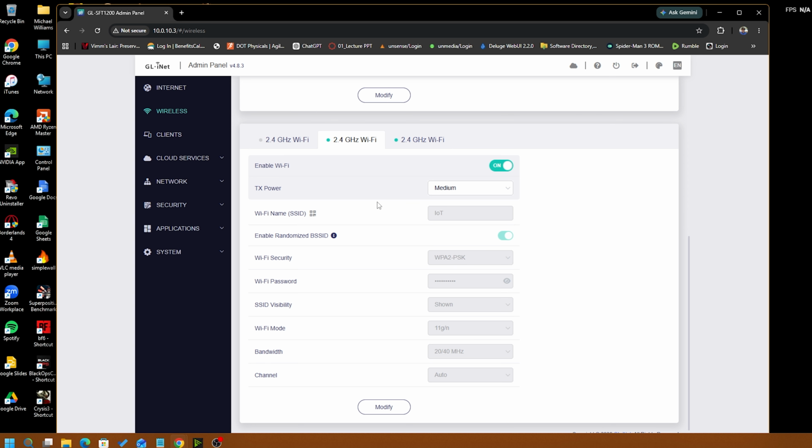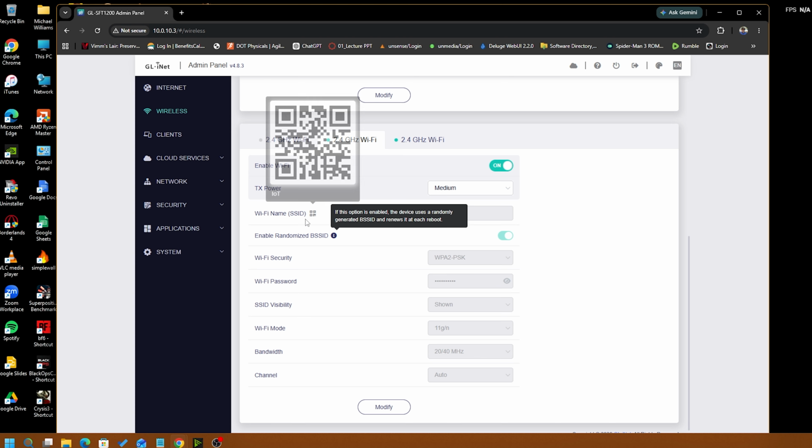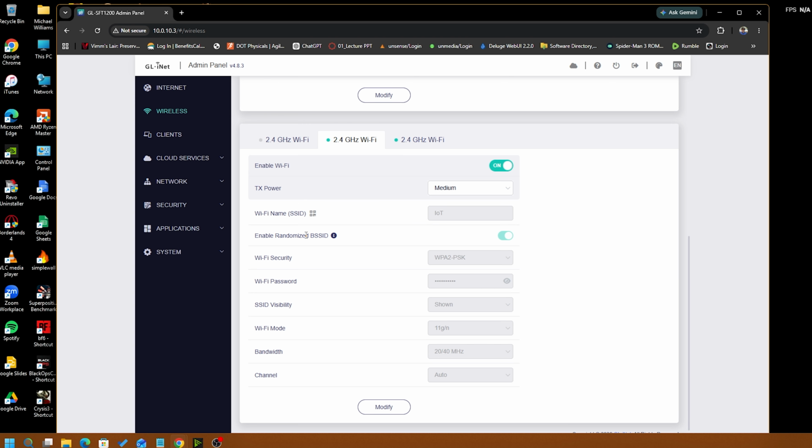Security is my top priority, and learning how to do this stuff correctly. This network here is for IoT devices. It will have access to the internet. That's for my TV, Hue light bulbs, etc. And I have another one here, same thing, medium transmit power, but this one is for